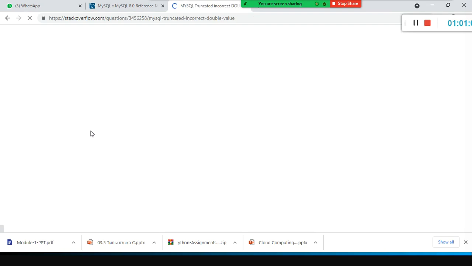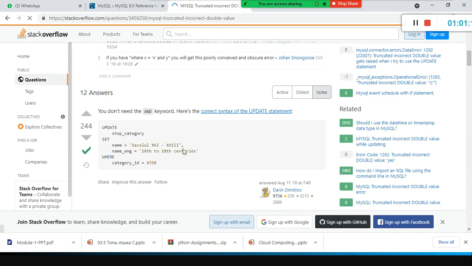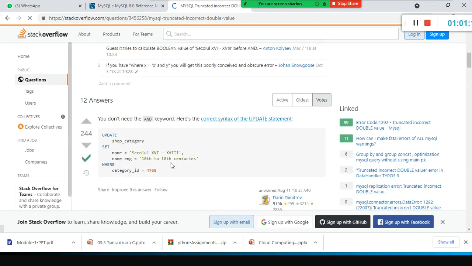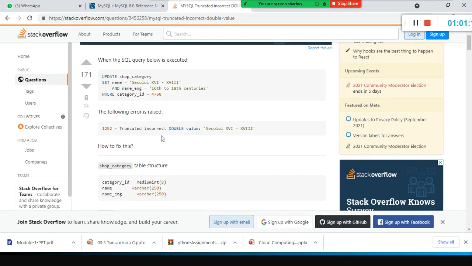You don't need the AND condition. So what is this? Yeah, set name equal to, where shop category name is equal to this one. Here I did not give AND, right?